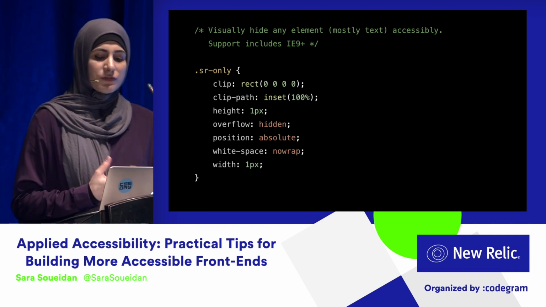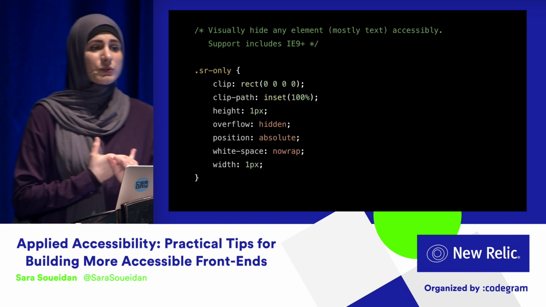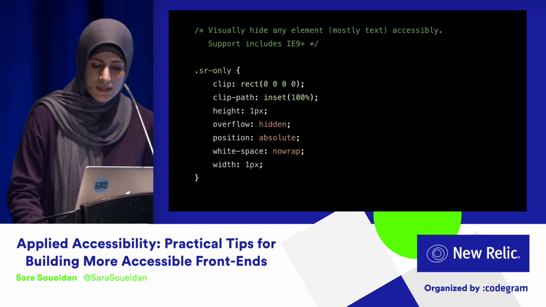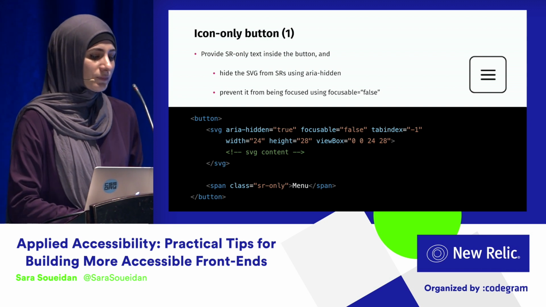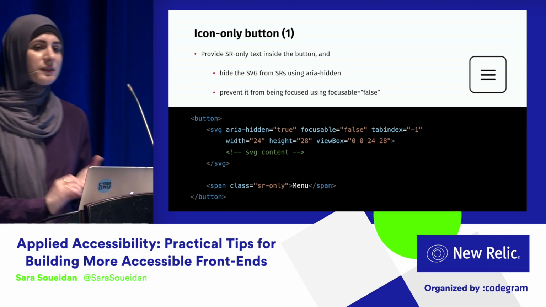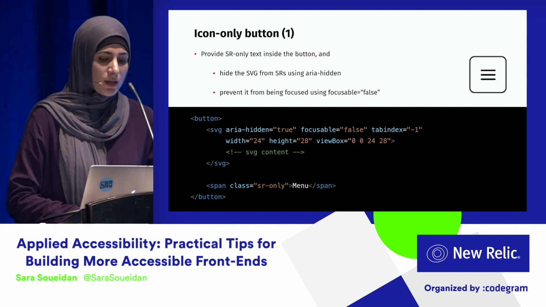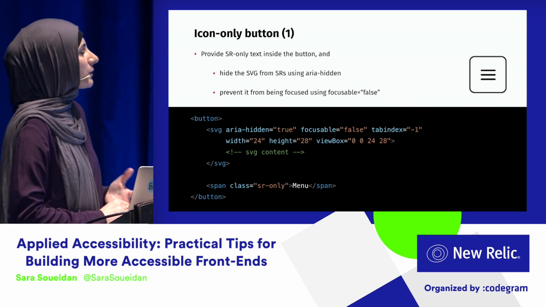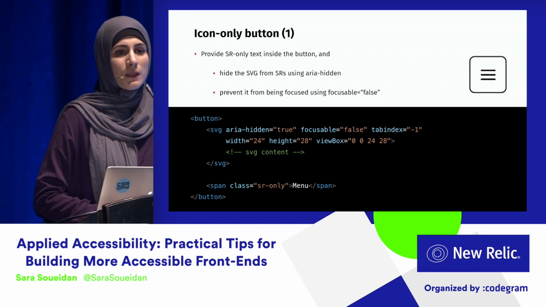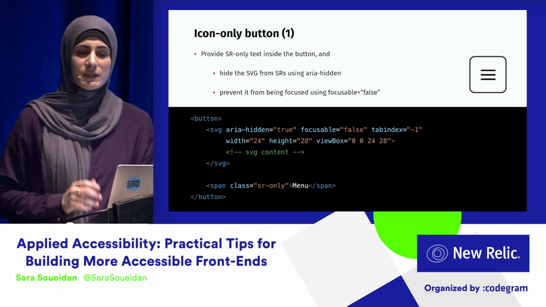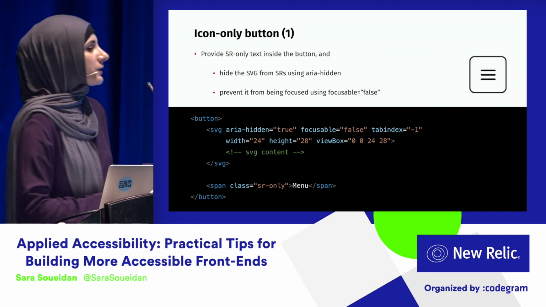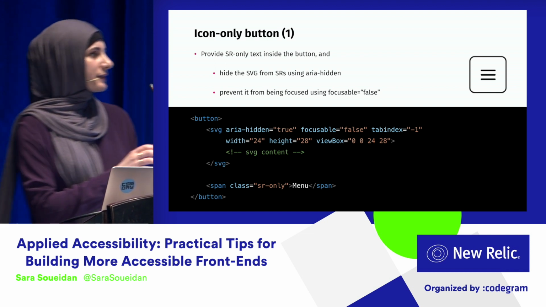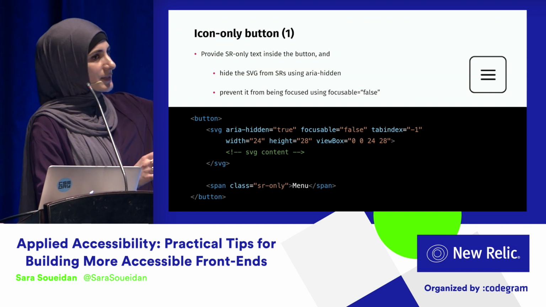Okay, so we can hide elements visually only, we can hide elements from screen readers only, and we can hide elements from both. Now let's see how these techniques can be used to create icon buttons. There are different ways that you can create an icon-only button and make it accessible. The first one is you can have a button, you can have an icon inside of it, and you can provide screen reader-only text. The text is hidden from your sighted users, which is what you want, but it's still there so that a screen reader API, so that an accessibility API can use it as an accessible name for